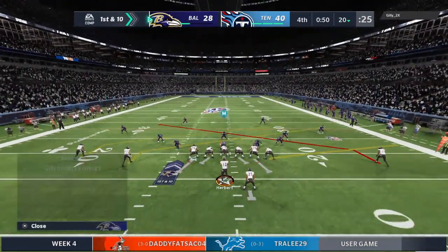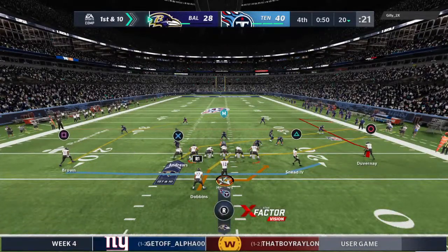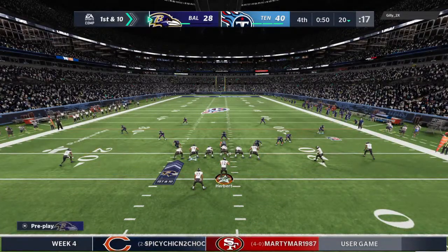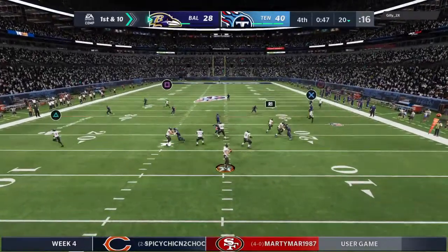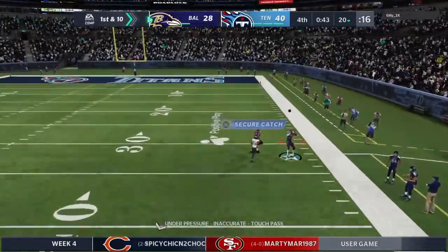And following the interception, just any interception, are you a little bit more cautious when you start that next drive, or no, you just throw that out the window? I think you are. I don't think that there's any way you can run back out there and go, totally didn't affect me. Let's just go ahead and be loose with the football again. You're going to take care of it, but you have to be careful about being too...